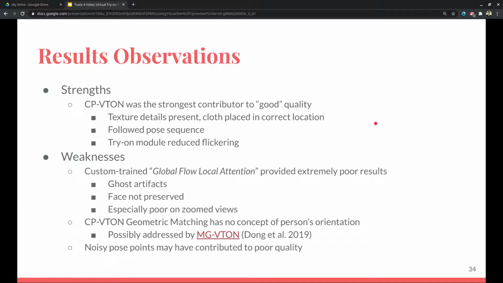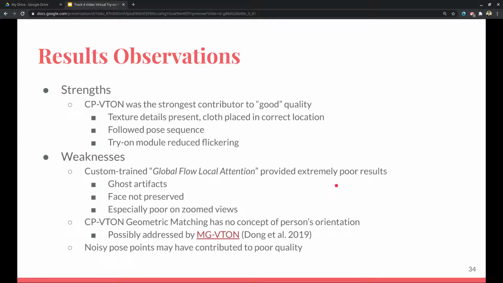So to summarize, our results have both strengths and weaknesses. It seems that CPVTON was the strongest contributor to the strengths. It was able to preserve some of the texture details, as well as place the cloth at approximately the correct location on the user following the pose sequence. It also seems that the try-on module was able to reduce some of the flickering introduced by the global flow reposing. Of course, there are many weaknesses and room for improvement, namely that our custom-trained global flow model